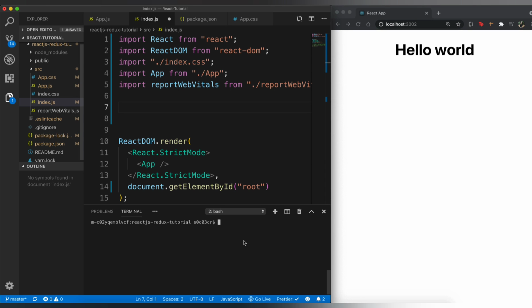If you have Node installed in your system, all you have to do is run the following command, that is npx create-react-app, and then the name of your project. You can name it anything you want. So I'm just going to say React Redux, for example. Since I've already done that, I'm not going to run this, but this one command is enough for you to get started with a React project, right? A basic setup of a React project.